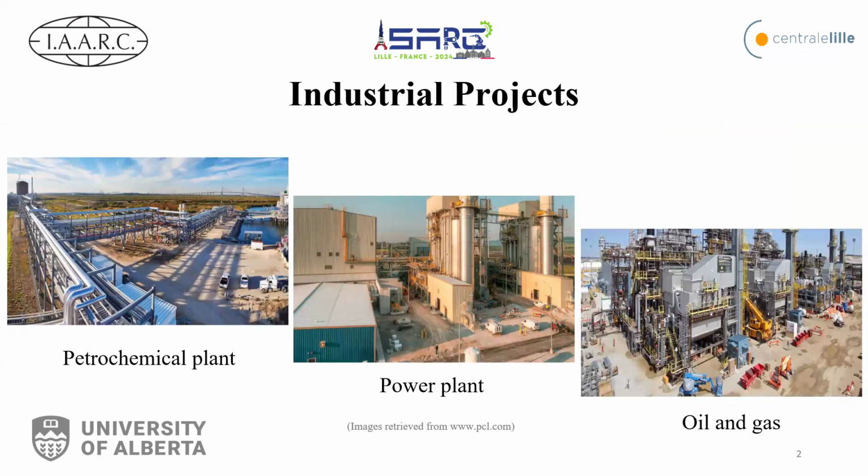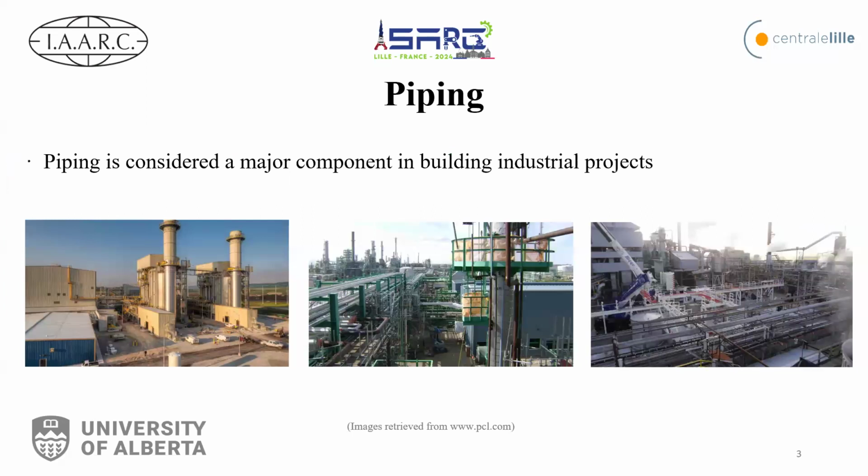Industrial projects include various facilities such as petrochemical plants, power plants, and oil and gas facilities. Piping is considered a main component in these projects due to its critical role in transporting fluids and gases throughout the facility. The piping systems must accommodate the project specifications, conditions, and operational demands. The complexity of these systems includes a variety of materials, sizes, and configurations, each tailored to specific functions within the